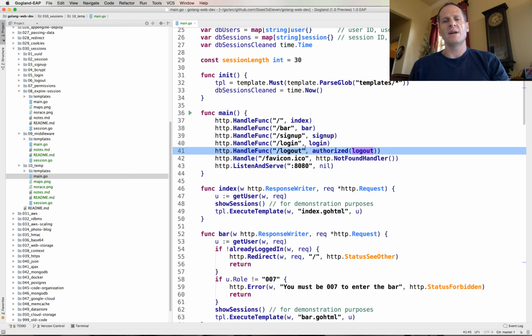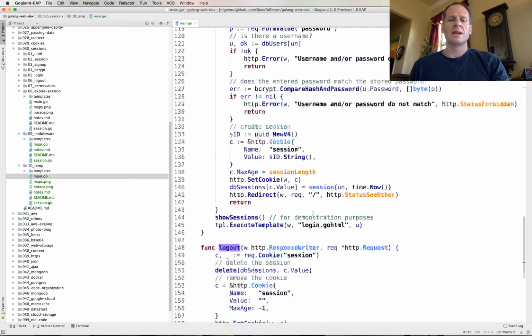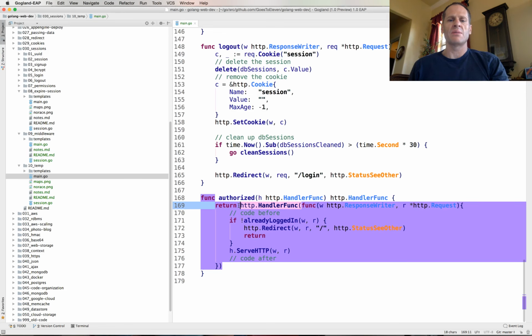But handle func is going to need to have a handler func returned. And so down here, authorize returns a handler func. And then right here I have that function, which is its own type. But because handler func is right there, I could just do some